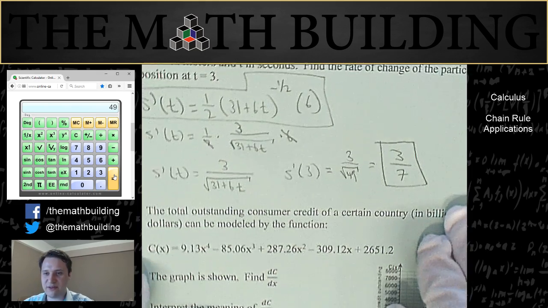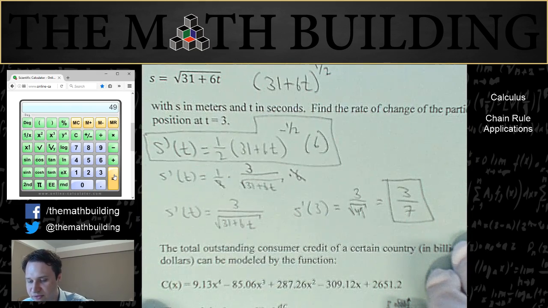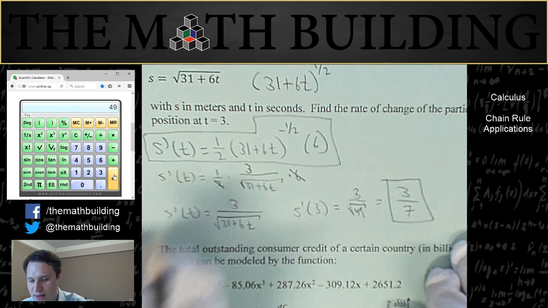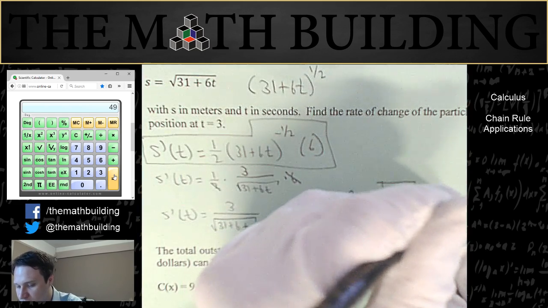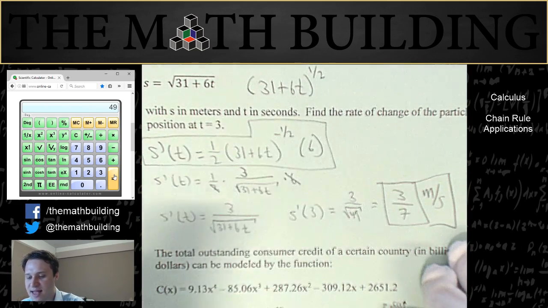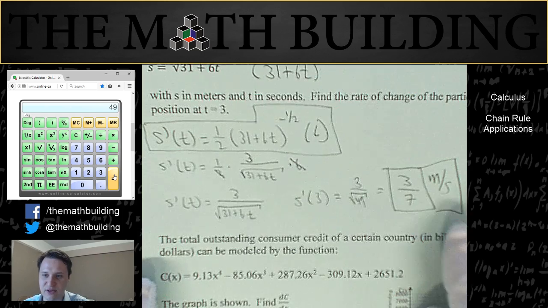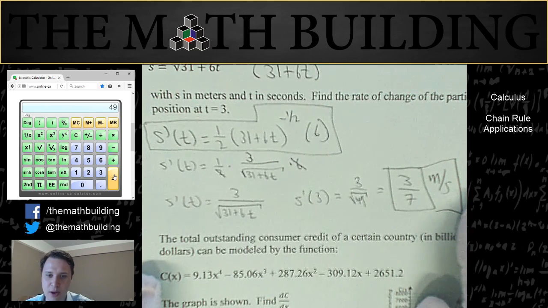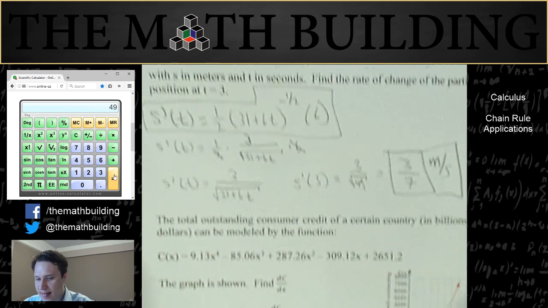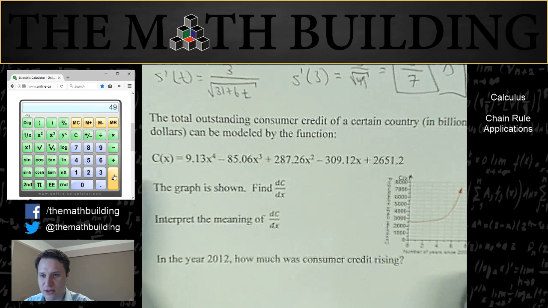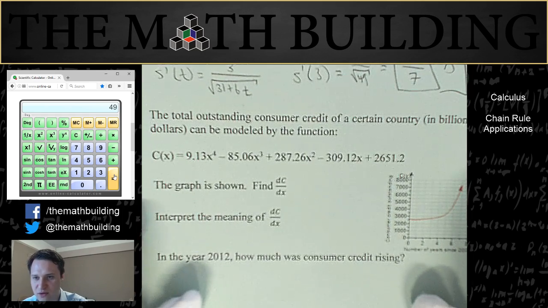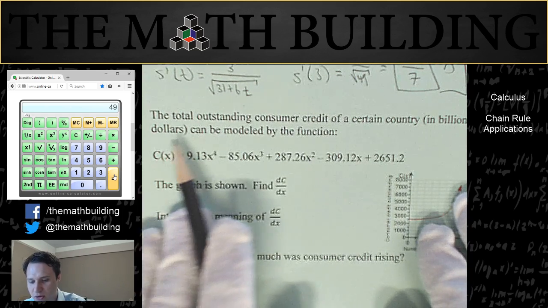So the derivative, the instantaneous rate of change of the particle in meters per second, so maybe we should include our units, meters per second, at that time of 3 seconds is going to be 3/7 of a meter per second. Last one. This one actually isn't really going to involve the chain rule because we see the total outstanding